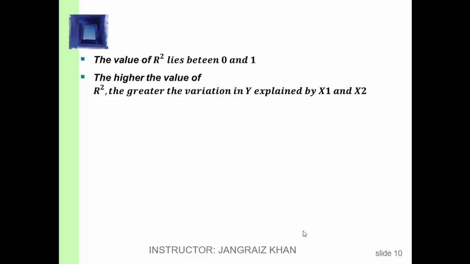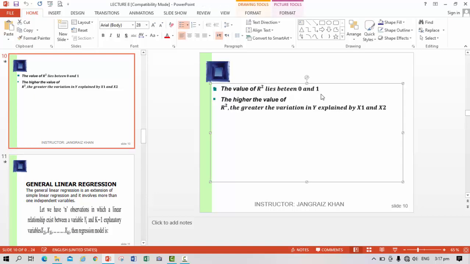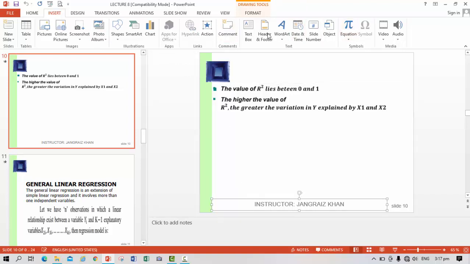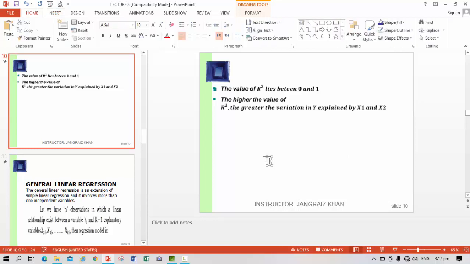For example, if capital R square is 0.90, it means that 90% variation in the dependent variable y